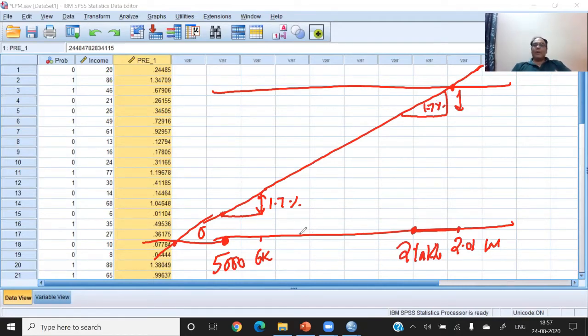If a person is having the salary of 5,000 and salary increases by 1,000, and we are saying that the probability of taking housing loan increases by 1.7%. Another person who is having already the salary of 2 lakhs, and if salary increases by 1,000, and we are saying the same thing, that the probability of taking housing loan also increased by 1.7%. This is a rubbish thing. It is not practically possible. I can say that the probability of taking housing loan of these two people cannot be same. So there is a challenge of this model.